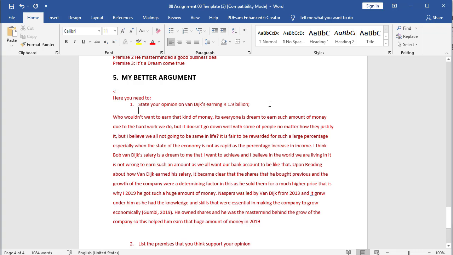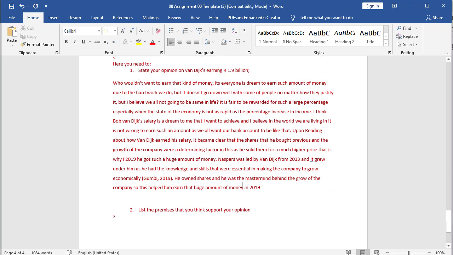Remember, if you did a very good assignment, if you passed your assignment number 2, just take your opinion and put it on this question, and then you just have to list your premises. If you didn't do a good assignment, just try to change it there. Make sure that your opinion is making sense. Okay, the other thing,